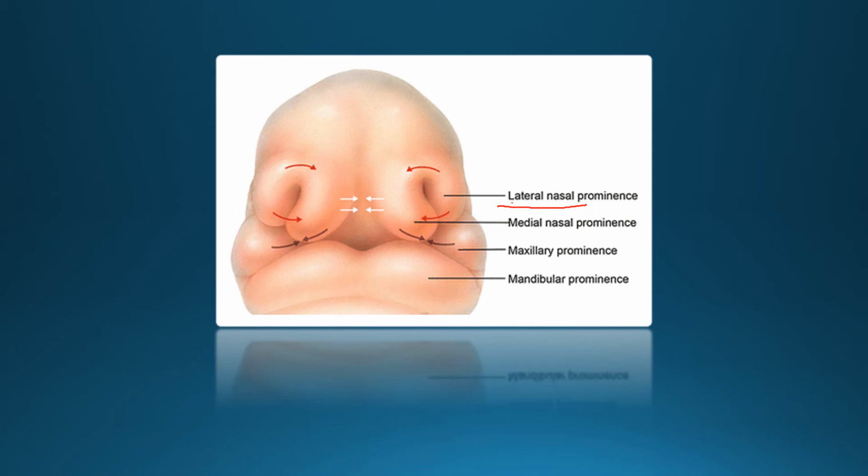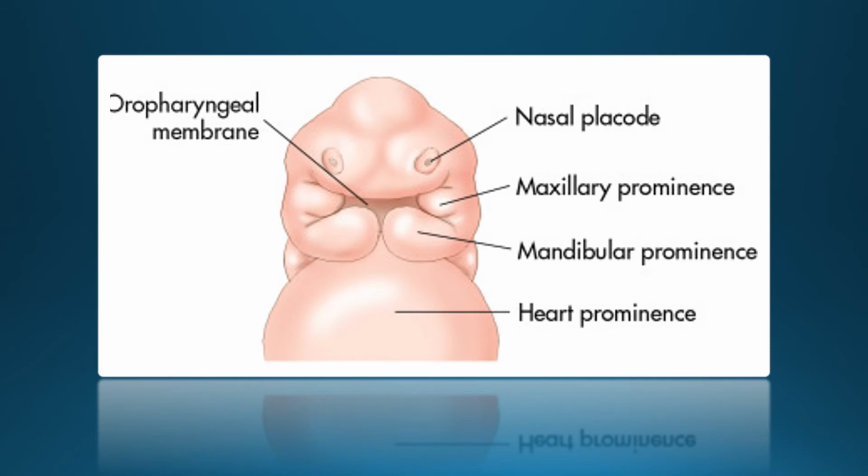So next thing is the globular process, which is developed from the median nasal prominence. This globular process only forms the philtrum of the upper lip. During the formation of the frontonasal process, the maxillary process is also going to develop. This maxillary process develops from the cephalic part of the mandibular arch, and its development occurs below the eye.